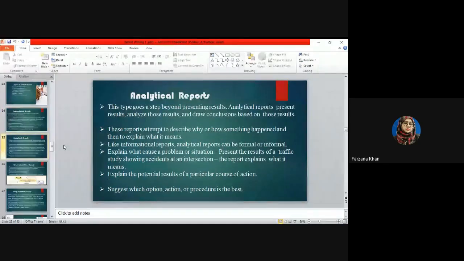Analytical report: when you go for the evaluation and analysis and then you provide the conclusion, like the feasibility report. So it would be an analytical report. This type goes a step beyond presenting results. Analytical reports present results, analyze those results and draw conclusions based on those results. Because when you research, when you collect the data and you go for the analysis, and after that